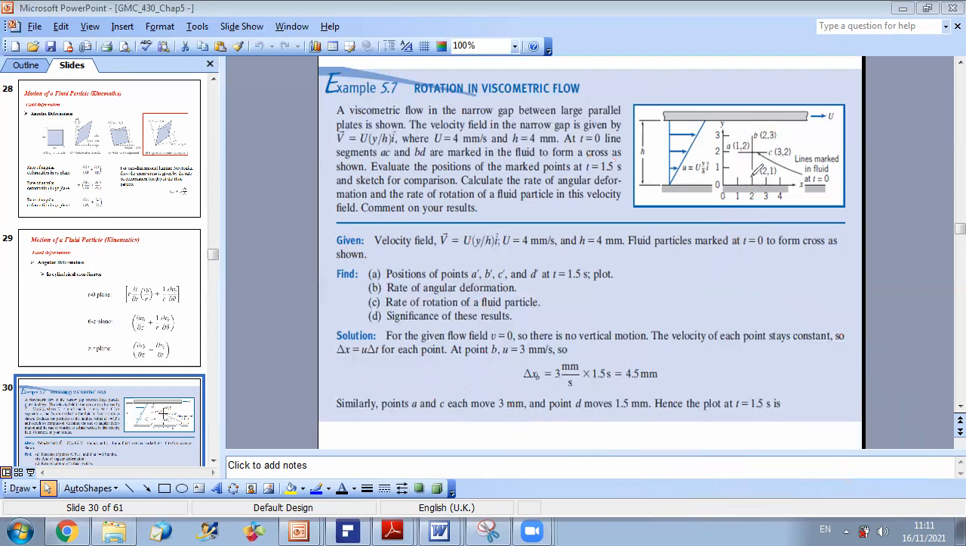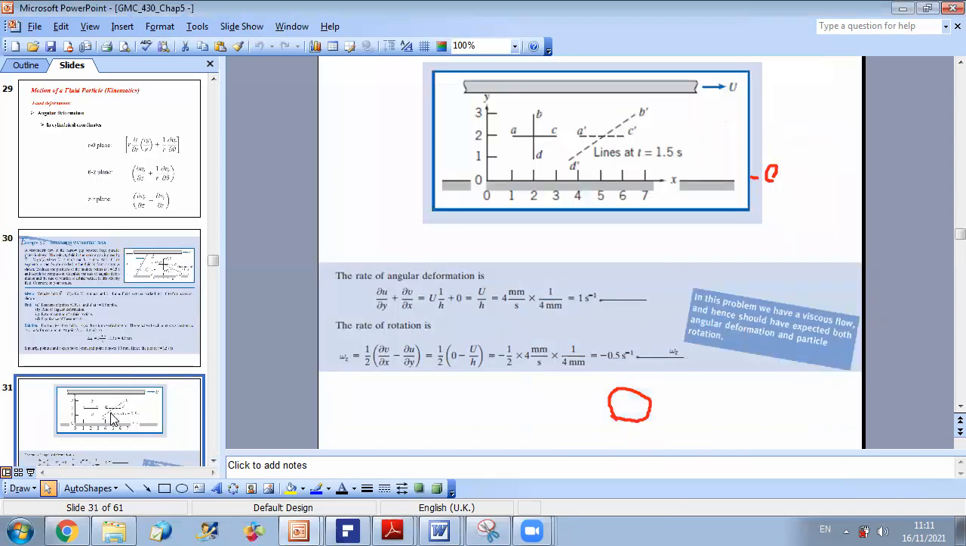While point D has y equal to 1. So the velocity of this point will be 1 millimeter per second. Okay, and then it's moving 1 times 1.5, so it will move 1.5 millimeters. So now, if I want to plot the motion of these points, I get the following sketch. As you can see, AC will move the same distance, while B will move the largest distance among the points, and D will move the smallest distance because it is characterized by the smallest velocity, since it's closer to the